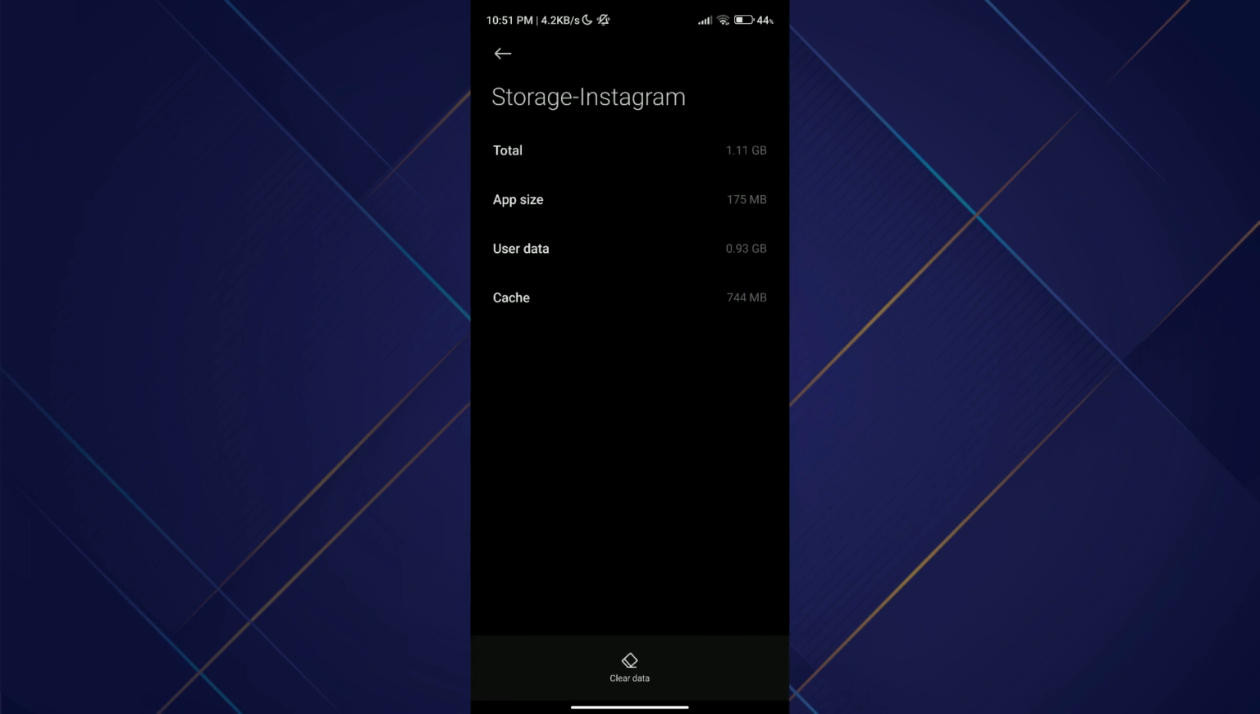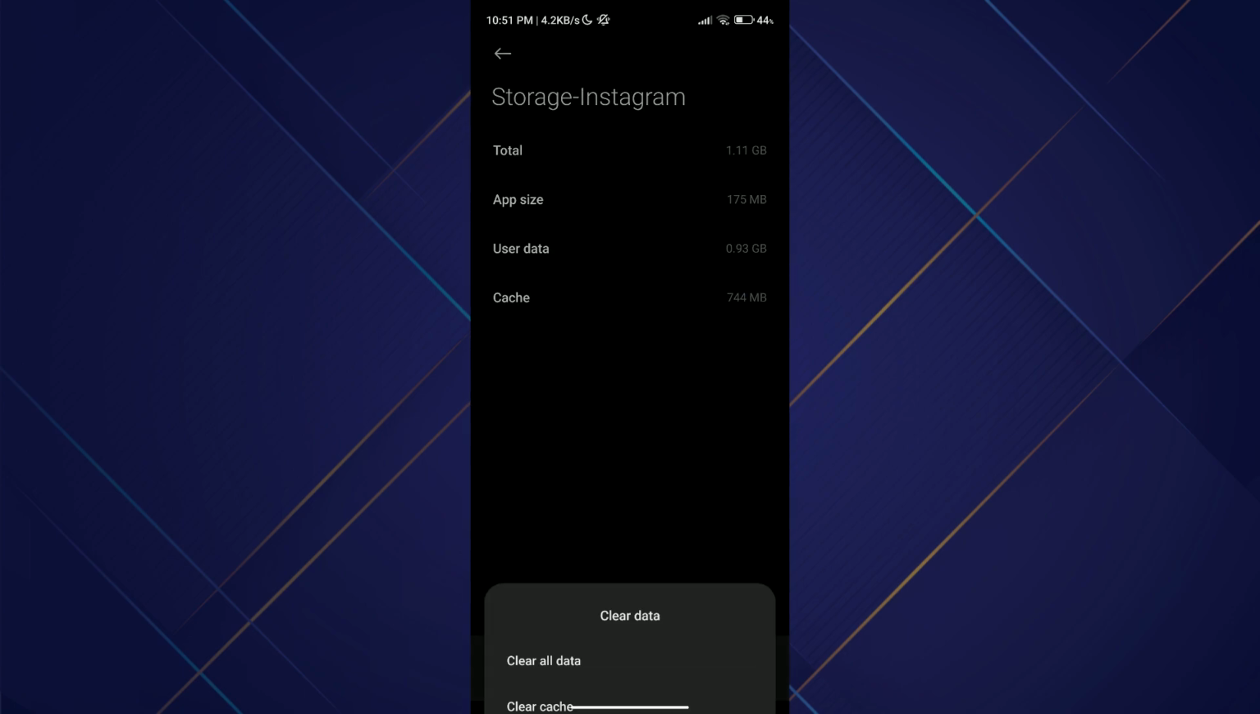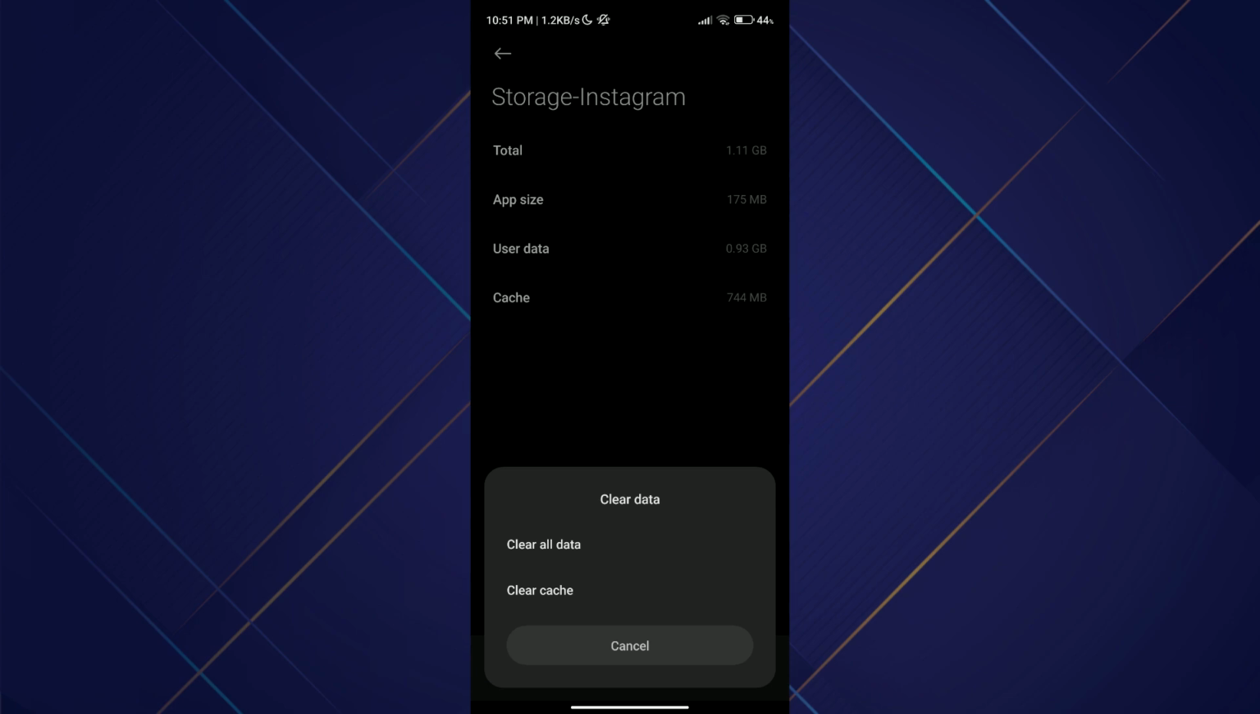What it will do is it will delete all of your previous data of your application and reset all of its permissions. Hopefully this will solve your problem, and that's how you can fix CSRF token missing or incorrect error